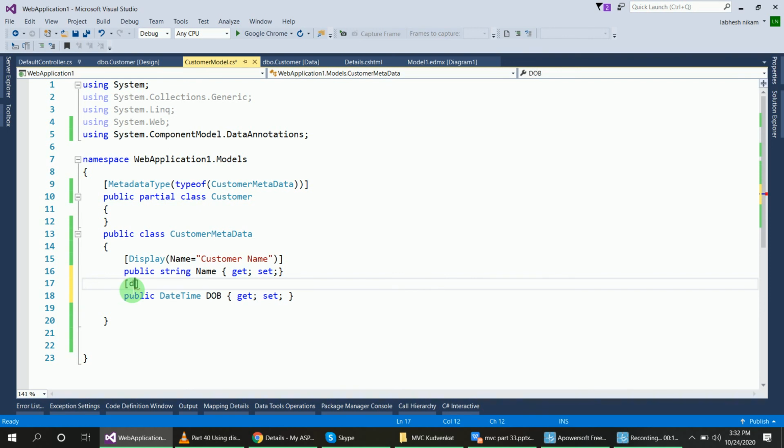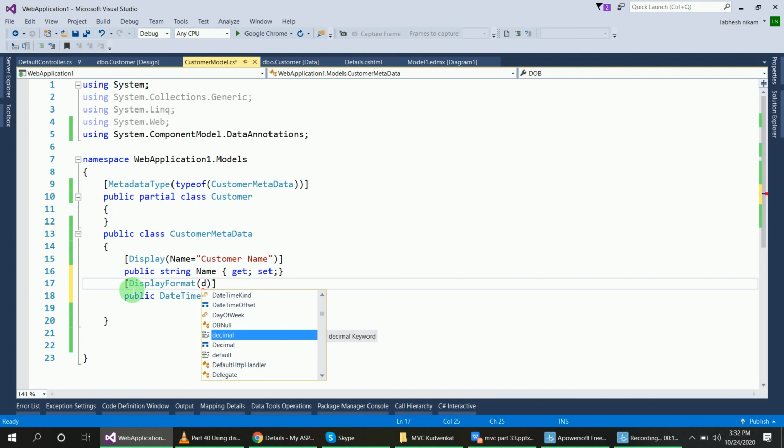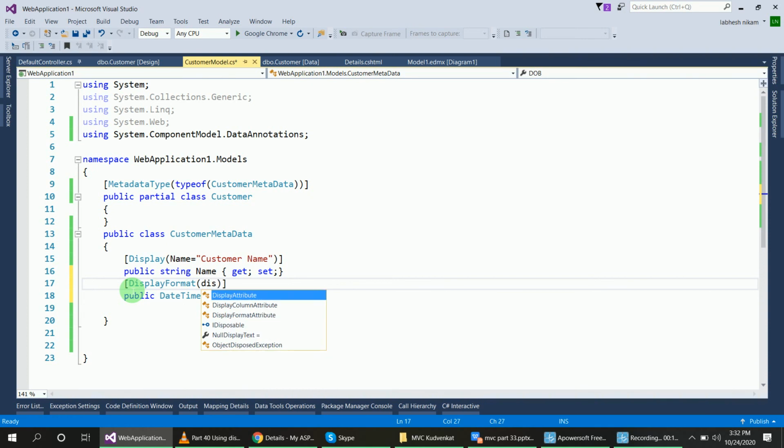For that display format, and inside of that I will pass display data format. So display format and display data format have no property.